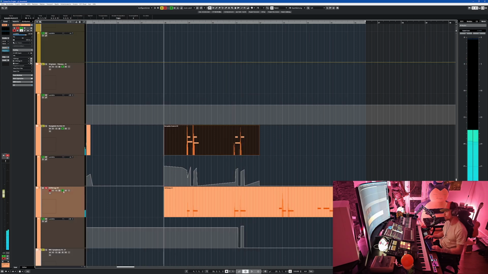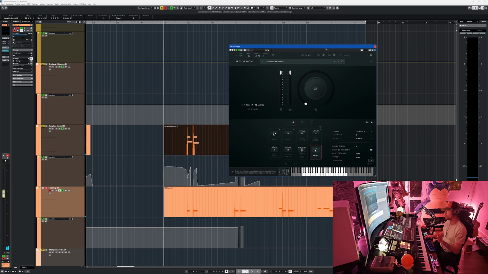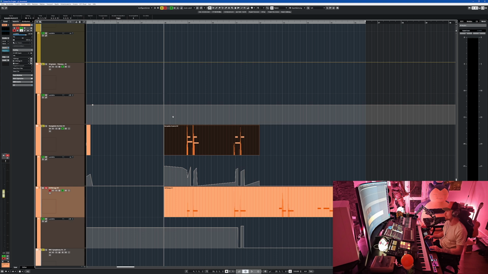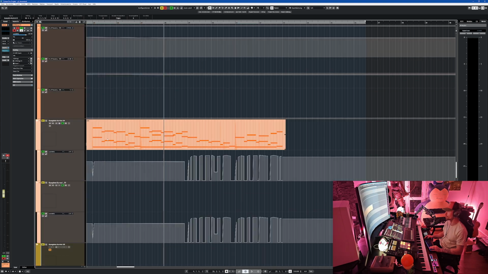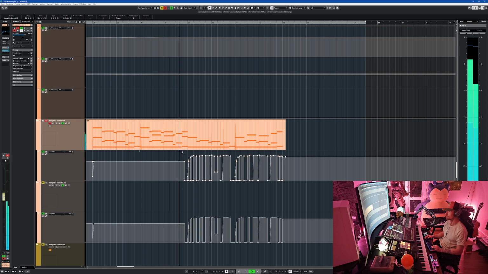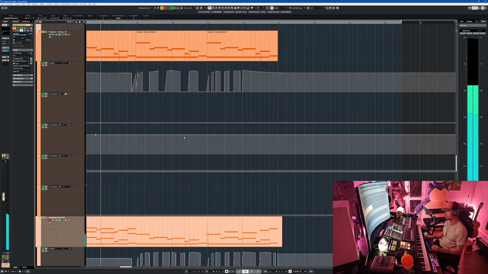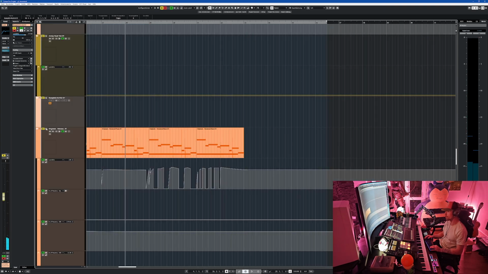So Hans Zimmer strings again, they are good by the way. Not 100% sure. Yeah, they are worth the price, but I wouldn't say it's the first library you should buy when you're looking for a good string library. It's more like, I don't know. Okay, let's add another track. You know that one already. Then we have the firewood piano.